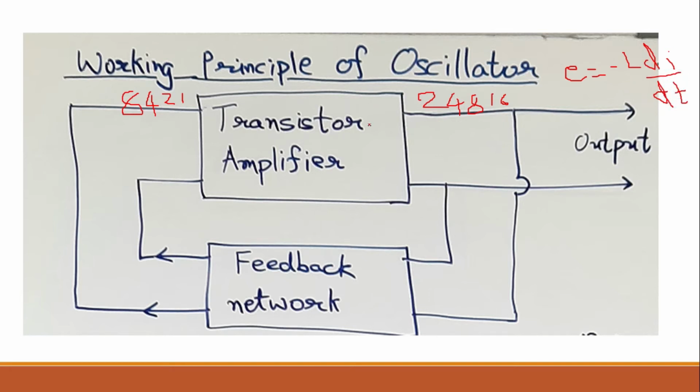Because once the collector current becomes constant, that means there will be no change in the current, and when there is no change in the current, then what will happen? The differentiation of this current will be equal to 0, and hence you can say the voltage generated will become 0. But instantly it will not become 0, it will gradually decrease from 16 to 15, 14, 13 and so on up to 0. So a time will come when it will become 0 and you will be applying minus 1 volt at the input. So what you will get at the output?